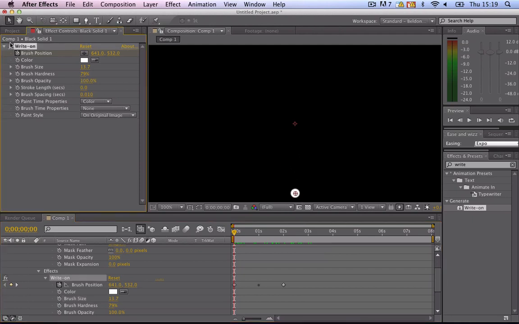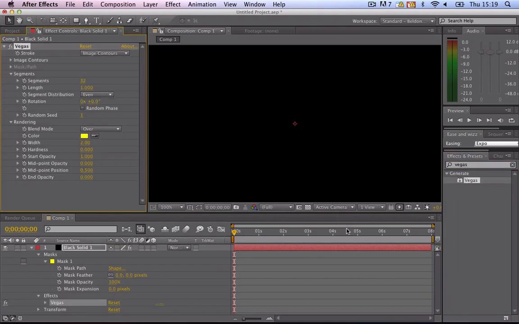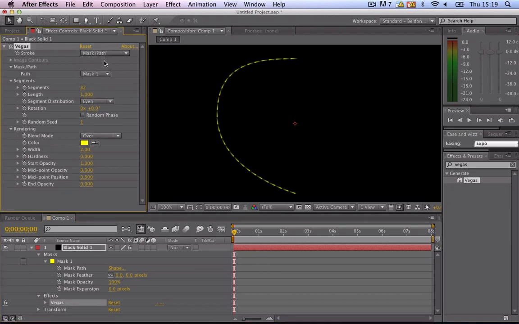Now there's other effects that utilize paths. One of them is called Vegas. So if you apply Vegas, you can tell it to look at a mask or a path, and basically what Vegas does is it allows you to have a number of segmentations. You can select how long they are, and then you can make a kind of light sign. Now, might be lame at first, but if you do something like this, where you bring it right down like that,